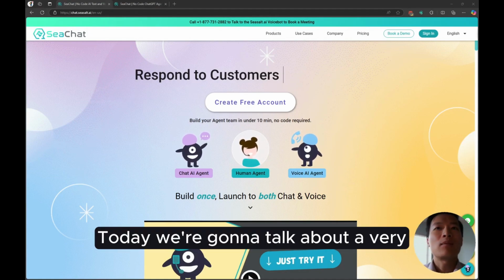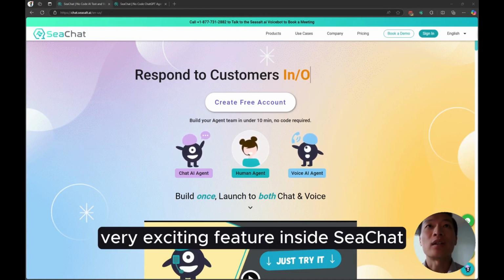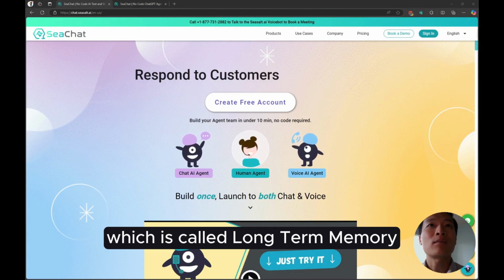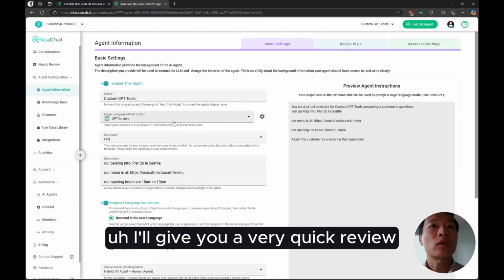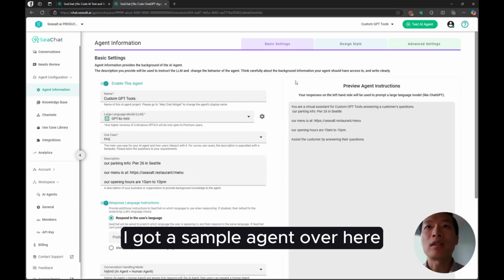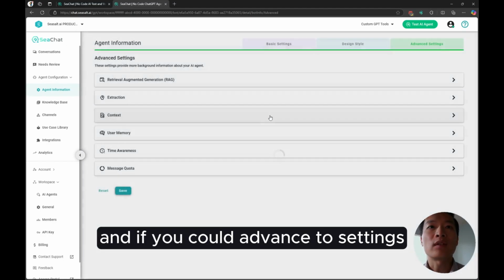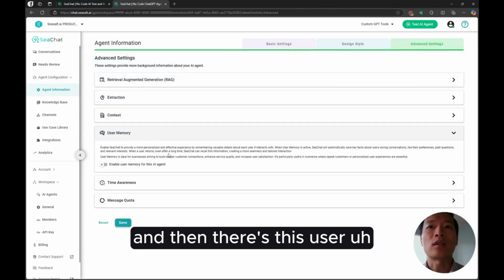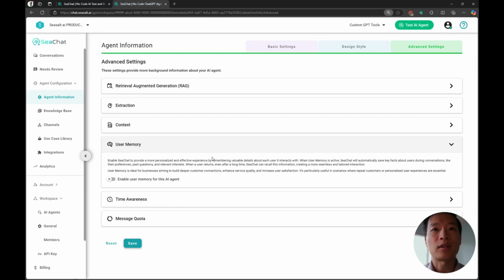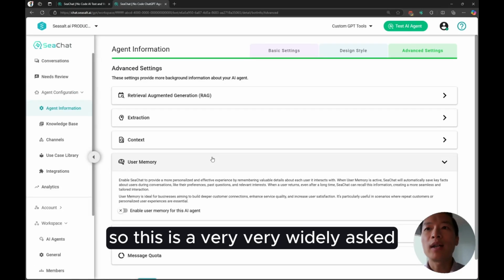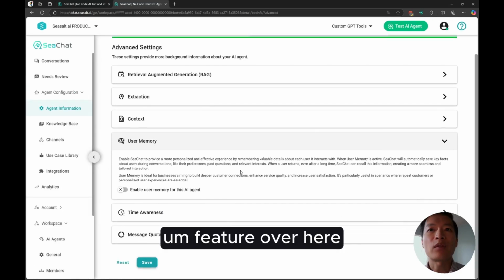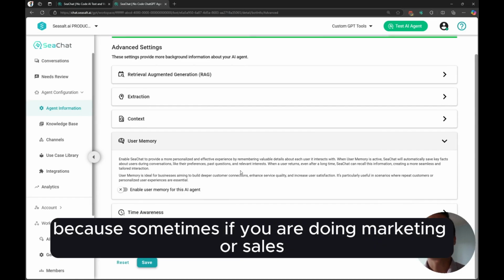Today we're going to talk about a very exciting feature inside SeaChat, which is called long-term memory. I'll give you a very quick overview. I got a sample agent over here, and if you go to advanced settings, there's this user memory that you can enable. This is a very widely asked feature over here, because sometimes if you're doing marketing